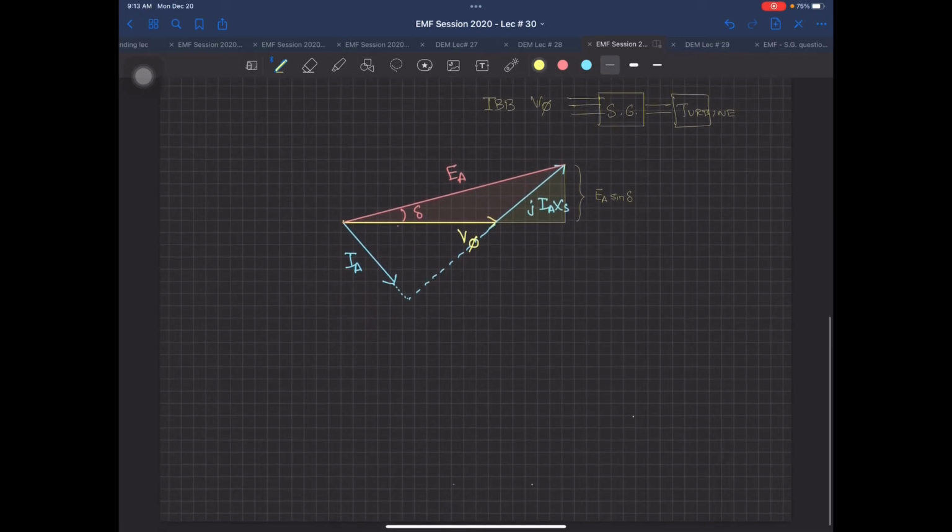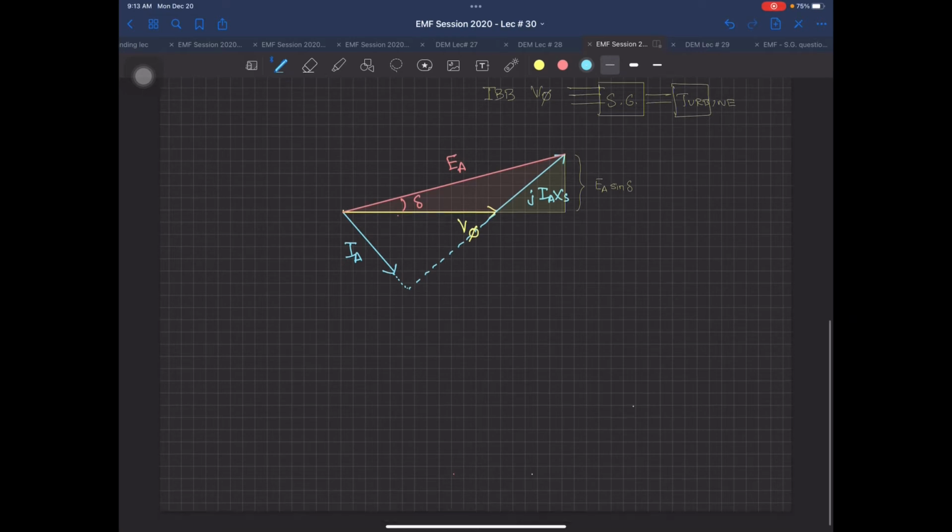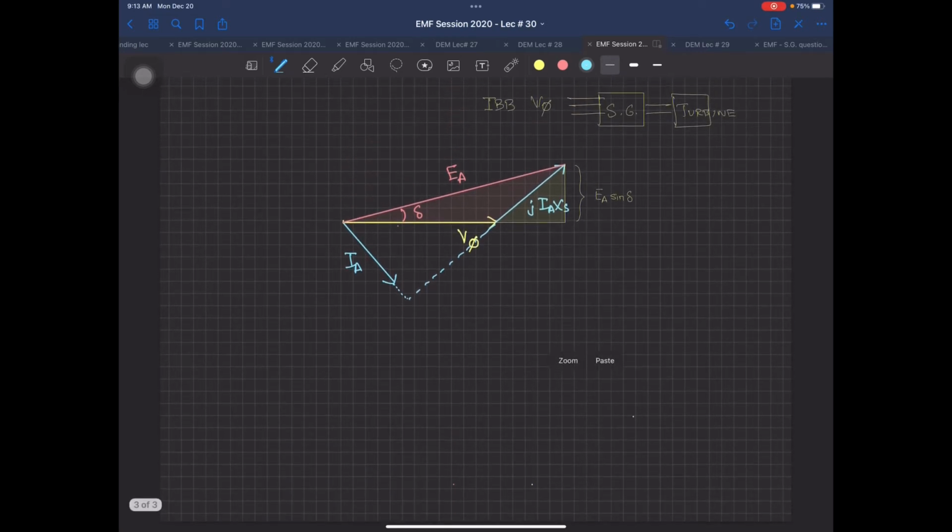Now corresponding to this diagram over here, you have to draw 3 magnetic fields which are actually taking place inside your machine. Now, what are those 3 magnetic fields? If you have gone to lecture number 2, the armature reaction lecture, you must have an idea on this one. V phase is actually the net voltage available as an output. EA is the induced EMF and IA is the current. And if you remember lecture number 2 from the synchronous generator, V phase produces, I will just change the thickness over here, V phase produces B net,